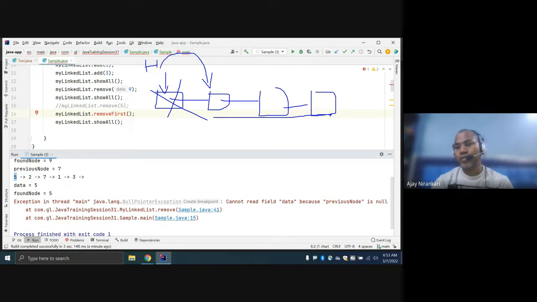Correct? Any doubt? No, sir. So in this remove first, whatever your head was pointing to, now the head points to this node. So this is your remove first.